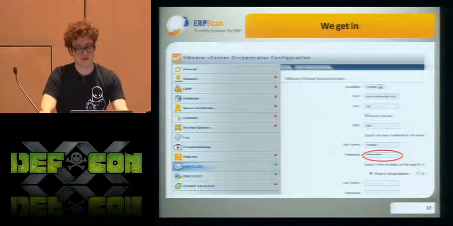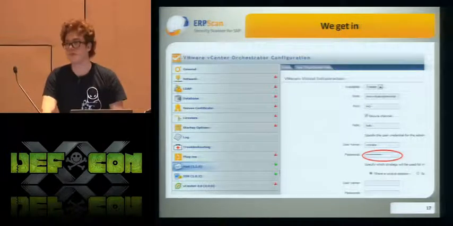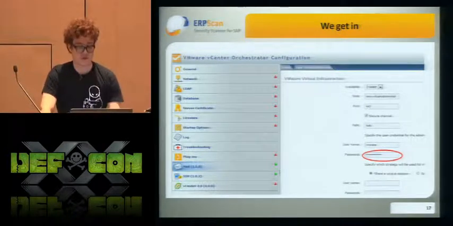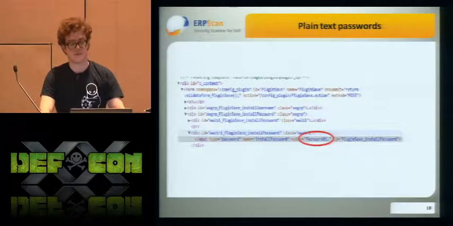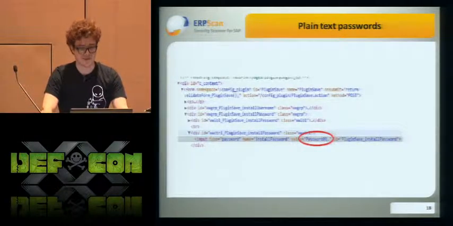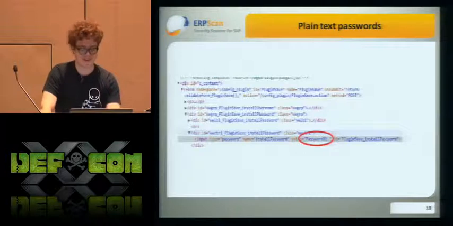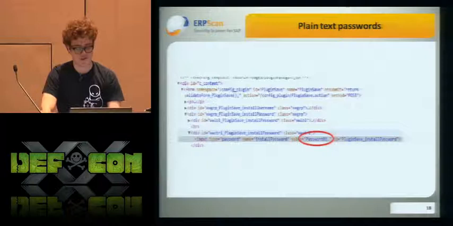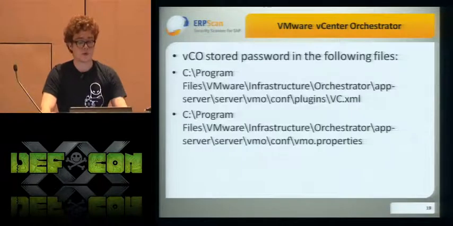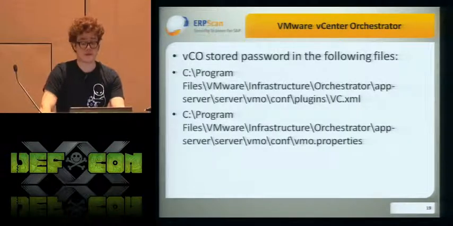So we thought it would be cool if we could read those password fields, and actually they weren't just in plain text. Yeah, just like that. Pretty easy for hackers. It's a job. So we also find interesting files like